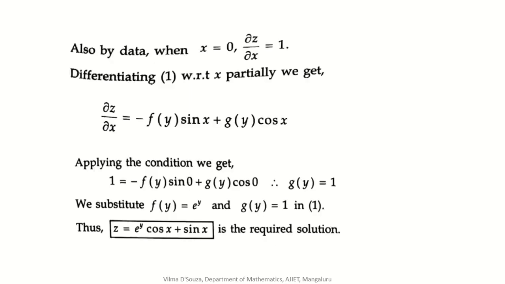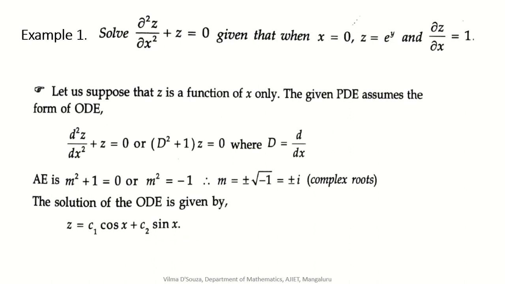And remember here, go back to the first problem. Here you had ∂²z/∂x². So you assumed z is a function of x alone, and you got the solution of the ODE. So in the solution of the ODE, to get the solution of the PDE, you have replaced C1 and C2 as functions of y, f(y) and g(y). Why? Because here you have considered z as a function of x only. So here you are considering C1 and C2 as functions of y.